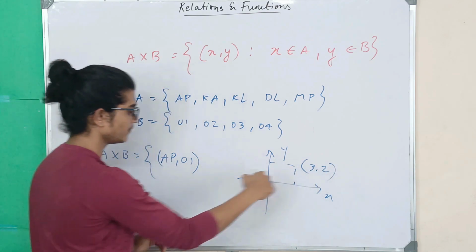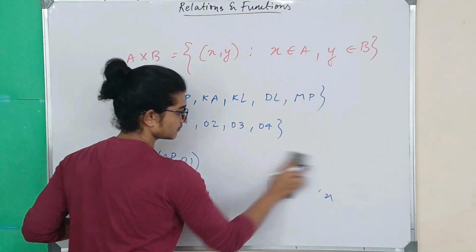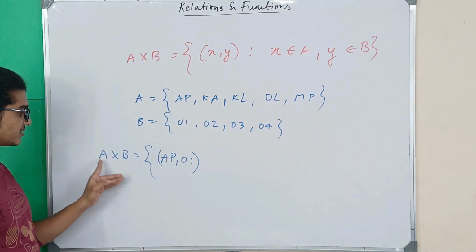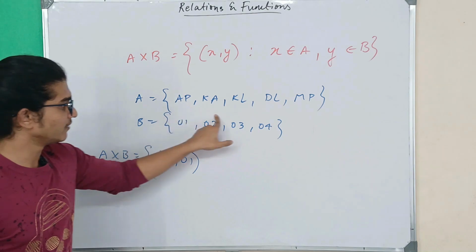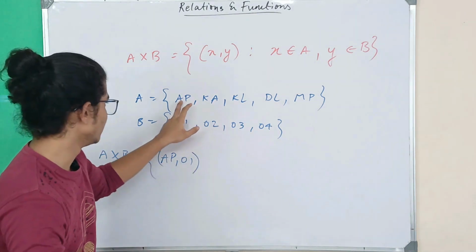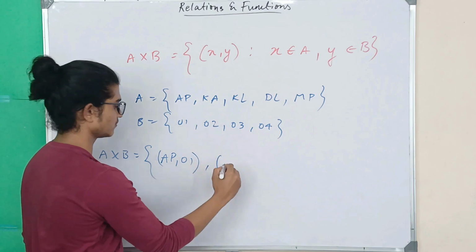In the exact same way you write the ordered pair. Go to the first set and match with every single element in B. So (AP, 01), (AP, 02),